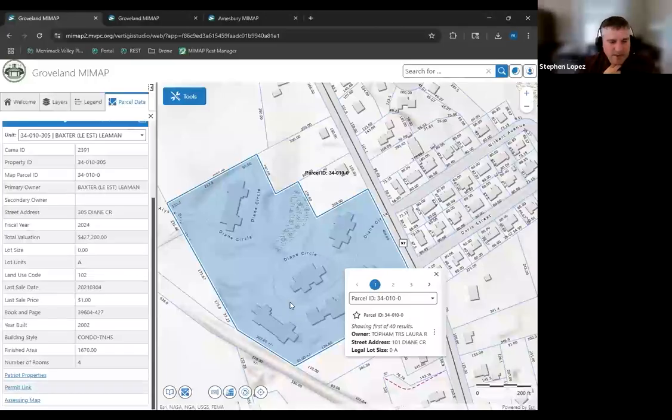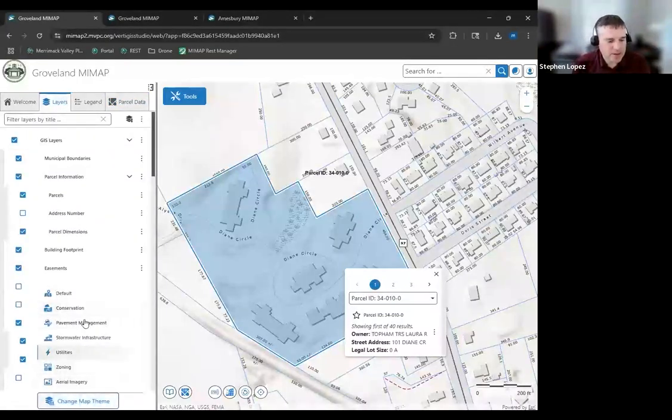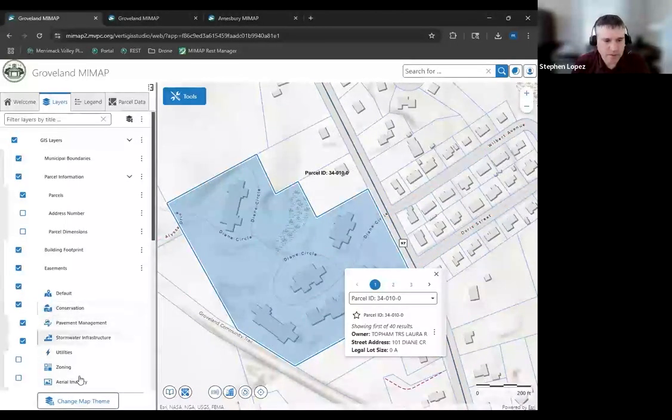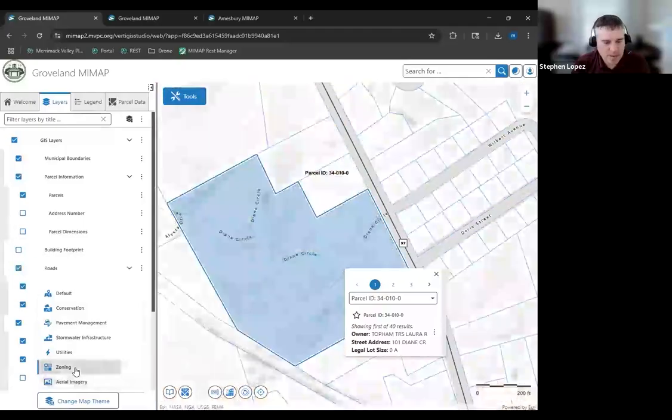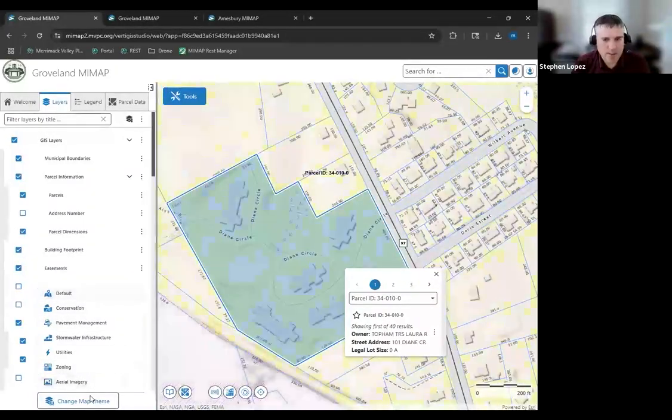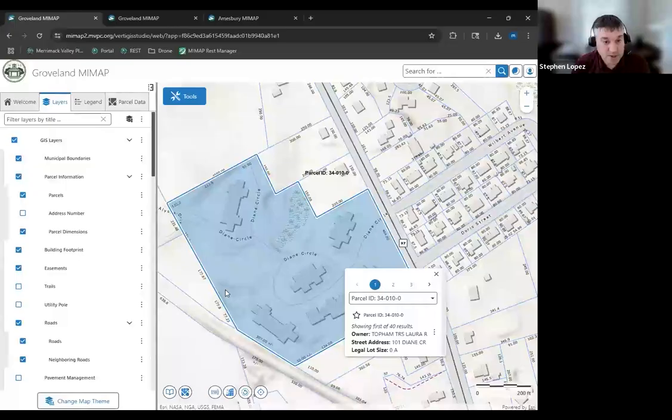I see another one here by Lisa. Can we create a list of layers that we use most often? Unfortunately, that isn't really something that is doable with this type of software, but that's where the customized themes come in. So you can see Kelsey showing on the screen here that you can change a map theme. That's where we could customize something specific to you. And in fact, we do that for a lot of the communities and a lot of individual users. So certainly as we circle back with each of the municipalities on a more municipal by municipal basis to review these applications, that's the type of feedback we would love to hear.